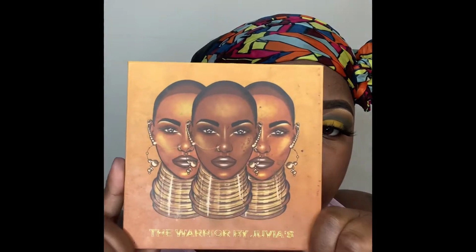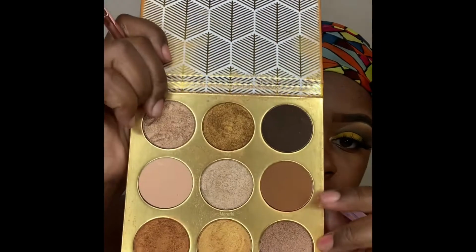And then I'm going to go in with my Juvia's Place palette, and I'm going to go in with that nude color right there. And I'm going to blend that all over the eye using windshield wiper motions. So I'm going to continue to blend that in, and then I'm going to go in with my next